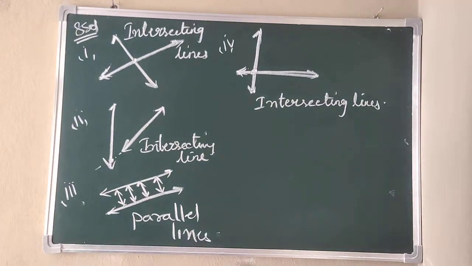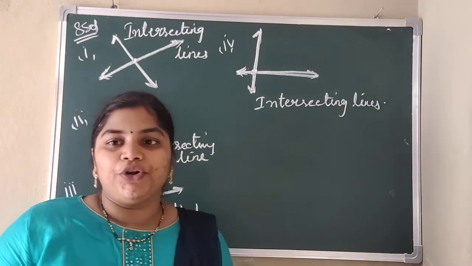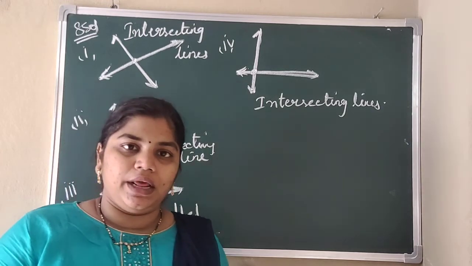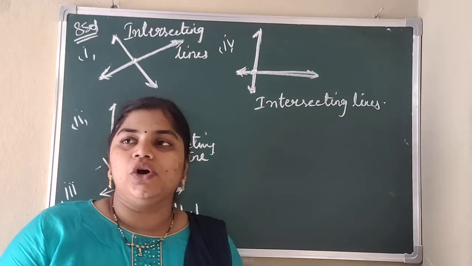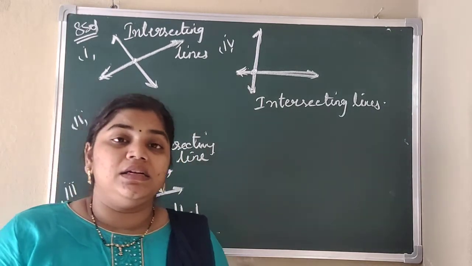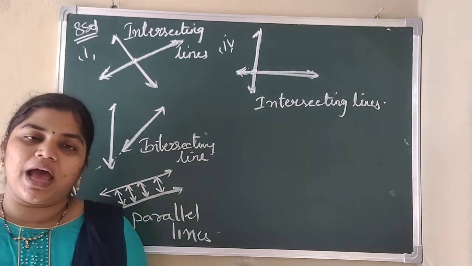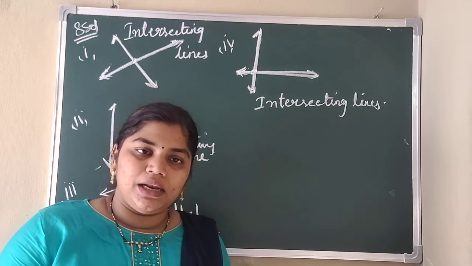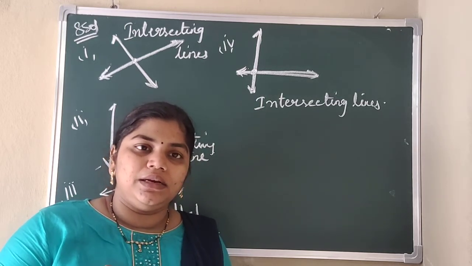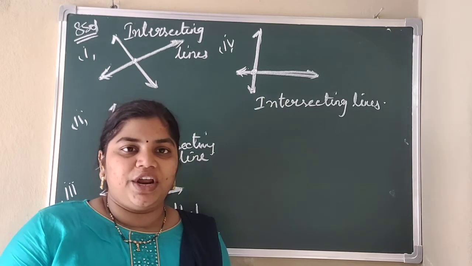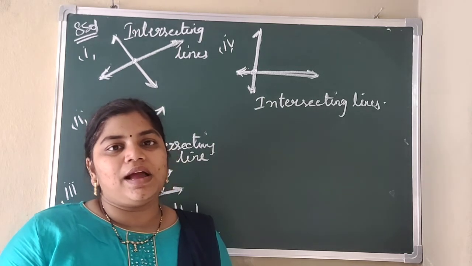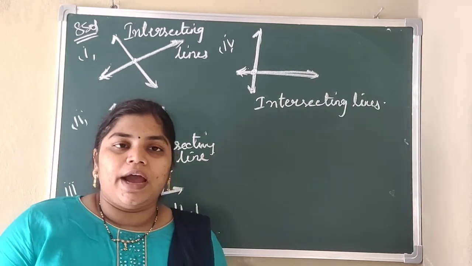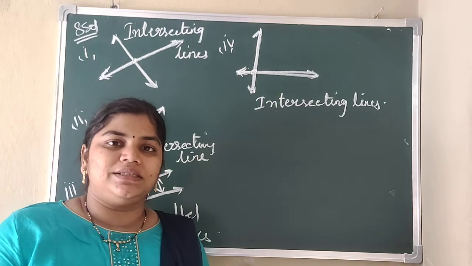So what we have learned today, we have learned about what is point, what is line segment, what is ray, what is a line, and also we have learned about angles. How many different types of angles are there? We are having 7 different types of angles. One is zero angle, acute angle, right angle, next is obtuse angle, after that straight angle, reflex angle and complete angle. So these are the 7 different types of angles what we have learned, and also we have learned about parallel lines and intersecting lines.